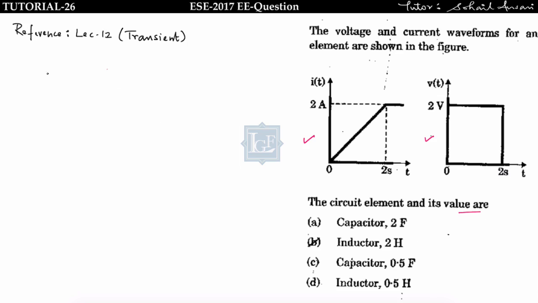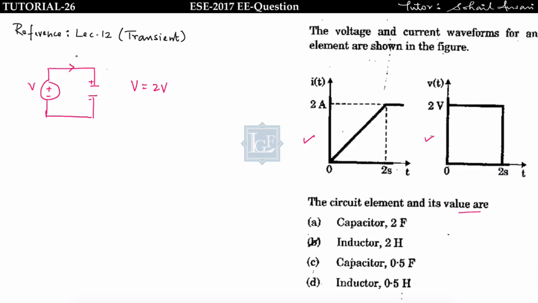First I will take the capacitor case. This is a capacitor and I am connecting one voltage source of value V across it. Then what will happen when you give the supply to this voltage source? The voltage across this capacitor will be V equal to 2 volt. And once the capacitor is charged,